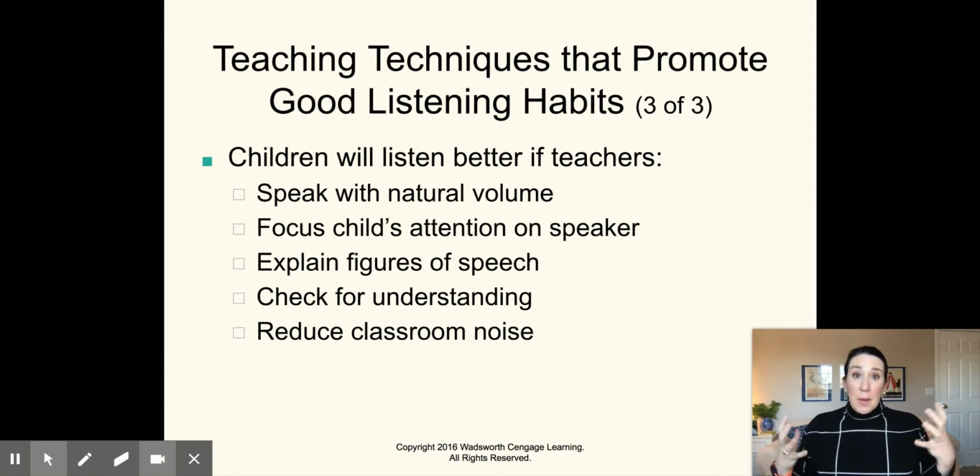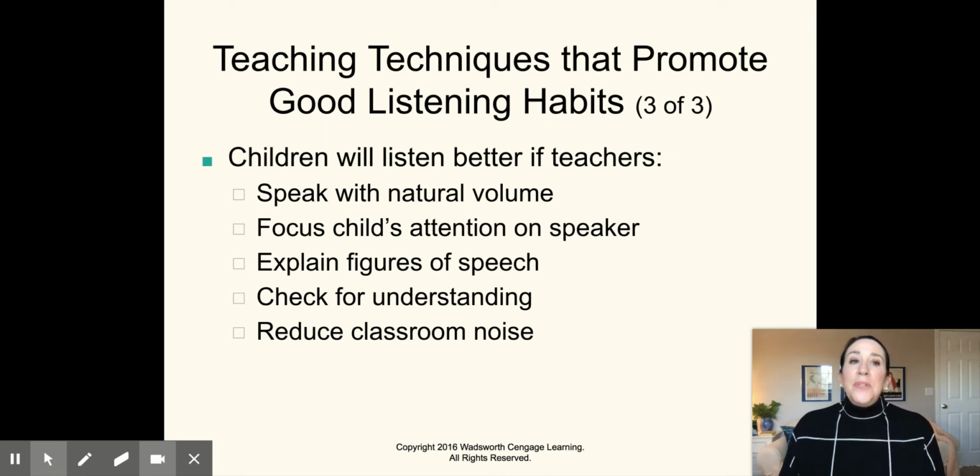Focus your attention on the speaker. How do you get them to pay attention to you? Like I've said, right? Animation, movement, that works. Explain figures of speech. When you say, use your walking feet, which is a thing that I don't like, what do you really mean? Because I, as a 3-year-old, when you say use your walking feet, hear, but I only know how to walk with my feet. What I'm really saying is, I don't want you to run in the classroom, right? So maybe we should say that instead. Please walk. We don't run in the classroom because it's dangerous. Not use your walking feet, because I don't really know what that means.